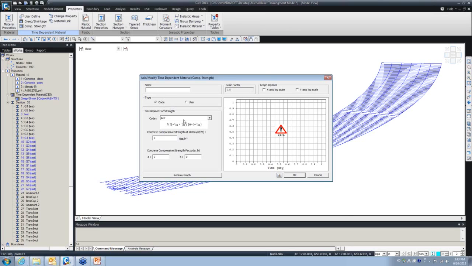Before that, we can use either the code, or a user-defined coefficient. Let's say we are following the ACI code and entering the f'c as 8 KSI, and these parameters